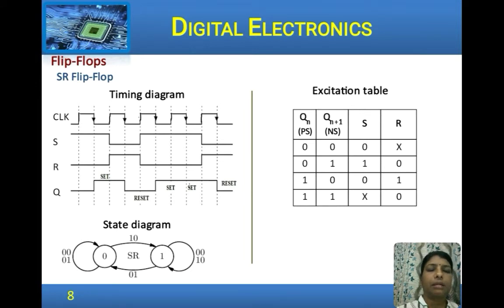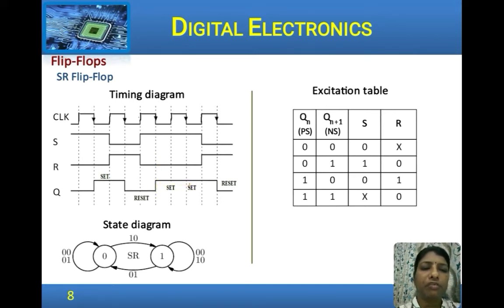This shows the timing diagram of an SR flip-flop. So, considering a negative edge flip-flop, the negative clock edges are all shown. So, whatever is the input to the SR flip-flop, when the clock transition happens, accordingly the output will change. So, here S is 1 and R is 0 during the clock transition, therefore the output goes high. And during the next clock transition, S is 0 and R is high, therefore it is reset, the output gets reset. And at the next clock transition, again S is 1 and R is 0 and therefore it is set.